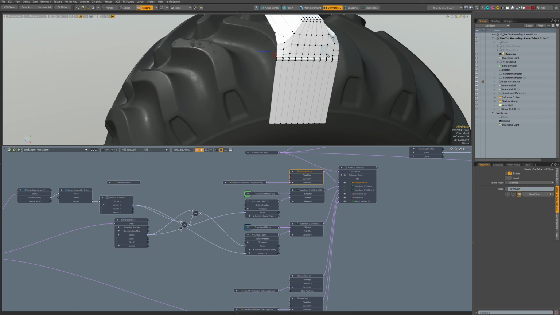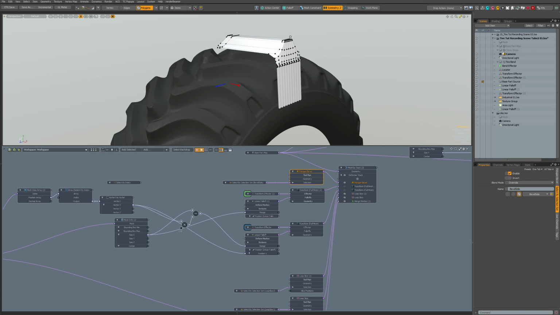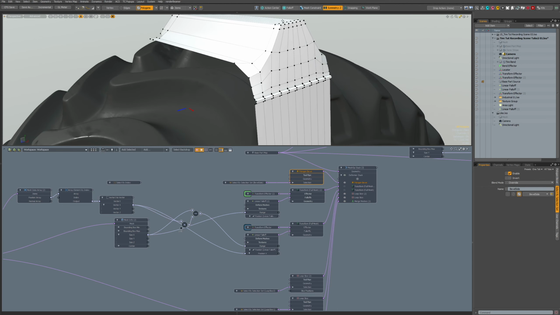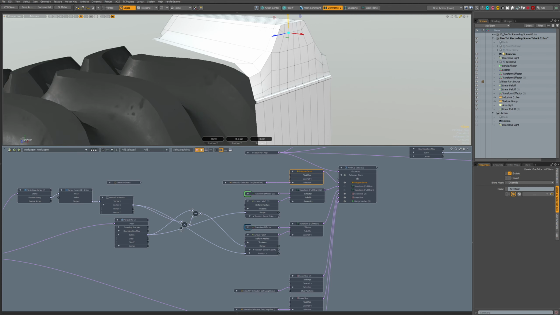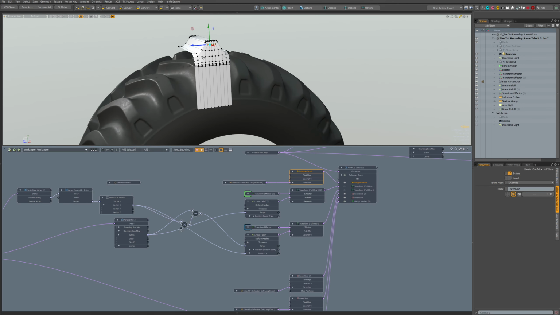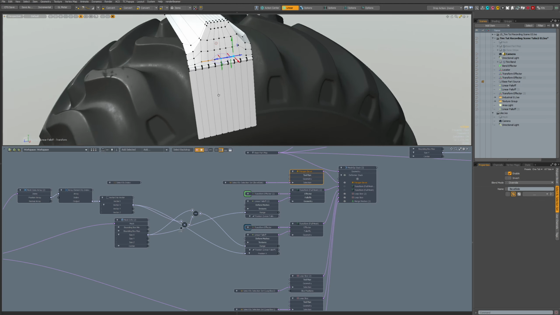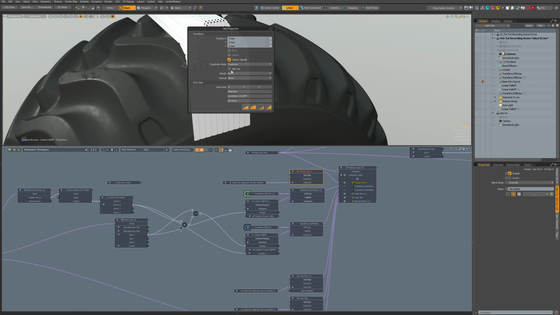So now that we have those holes here, we can, for example, change this quickly, because I think that's a bit too tight. Maybe use linear falloff. Now it's better.